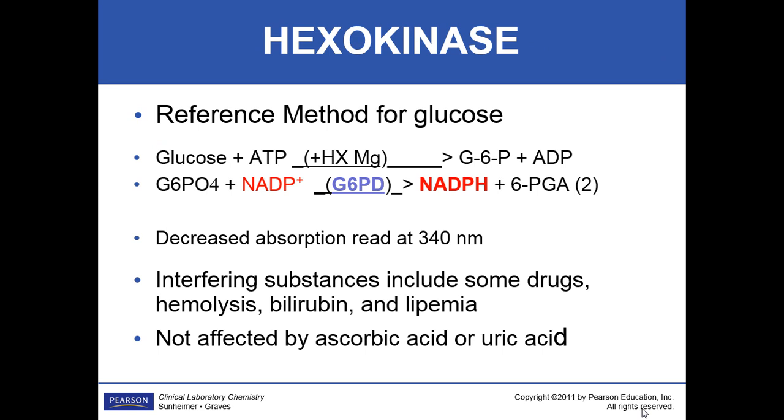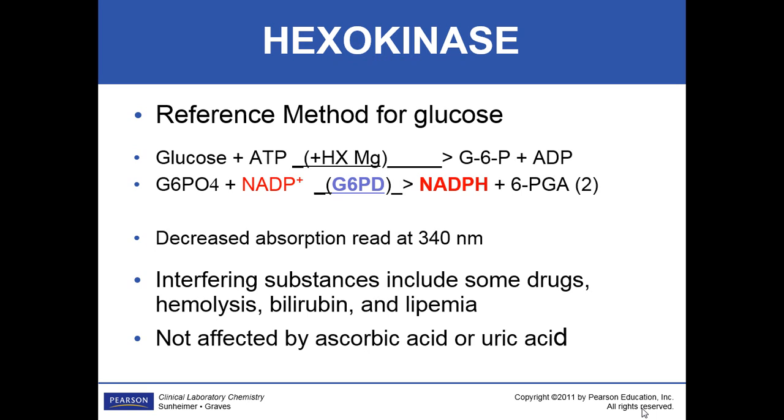The better method and the reference method is hexokinase. This is the method that we will be performing in lab hopefully next week. It is a kinetic method, so you're not going to see any color. It's going to stay clear all the way through. The only color you might see is the intensity of your sample. If you had a hemolyzed sample, it's red, you're going to see a little bit of that in your test tube. If it's really dark yellow, you might see a little bit of darkness, but not much. It's basically water is what you think you're looking at.